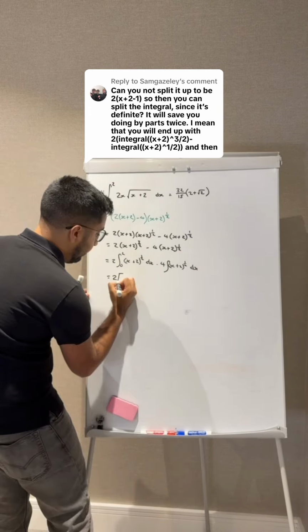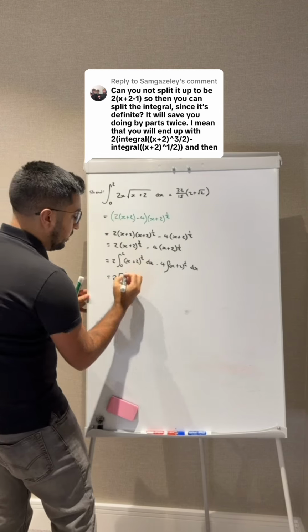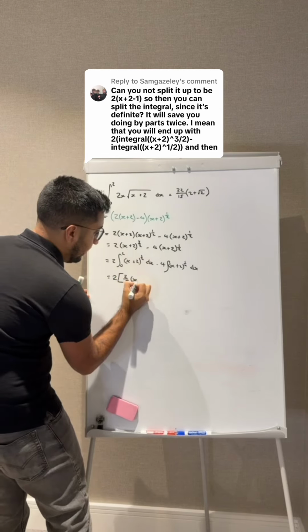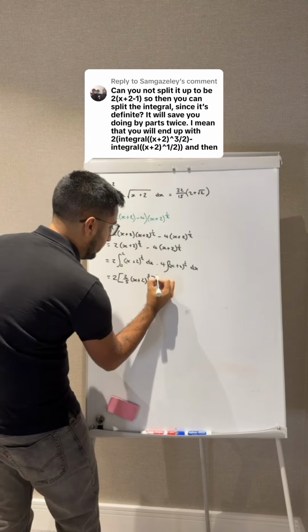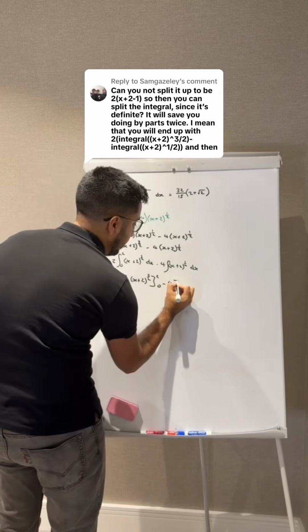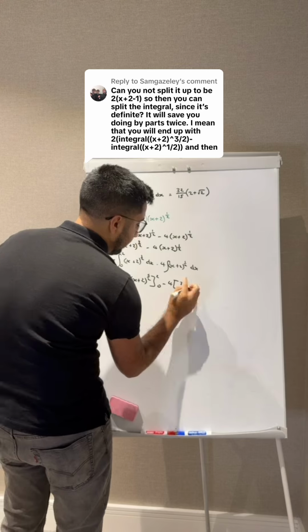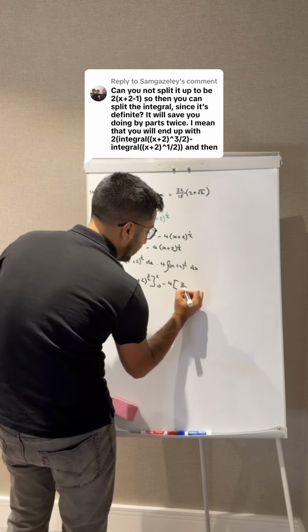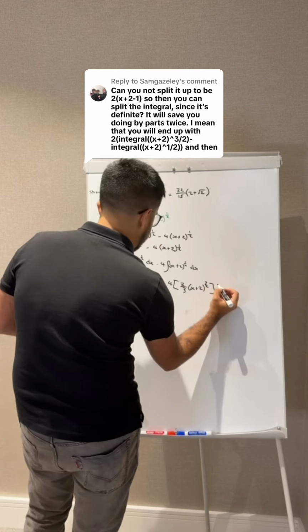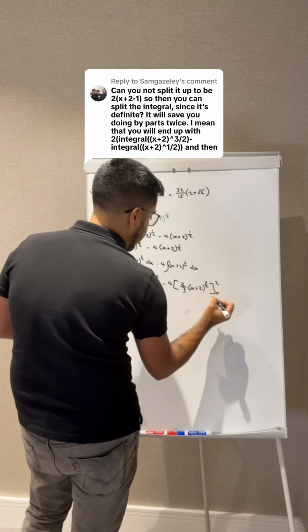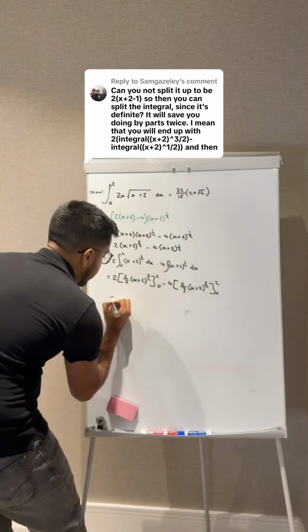So we get 2 square brackets. This becomes 2/5 x plus 2, the 5 over 2, 2 and 0, minus 4 square brackets. That's 2/3. Can't read my own handwriting. 3 over 2. That's 2 and 0 as well. And then we can expand out. So